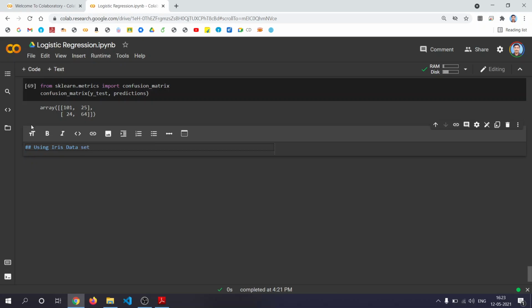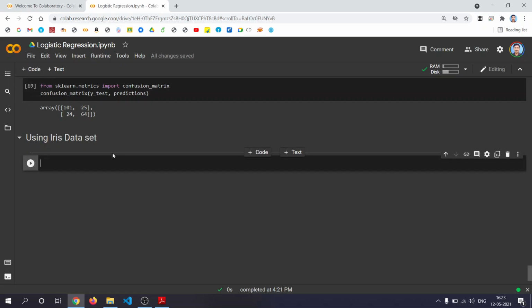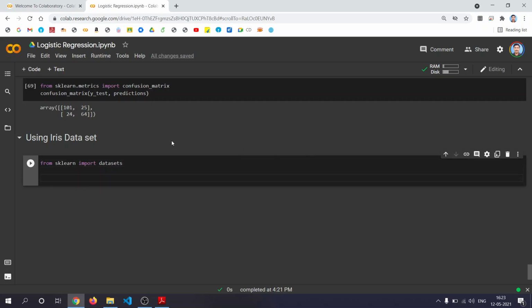Iris dataset is about flowers. It's a very simple dataset, but with the help of Iris dataset, we'll see something known as multi-class classification. So from sklearn you import datasets. So this is how you take a dataset. sklearn contains some datasets.